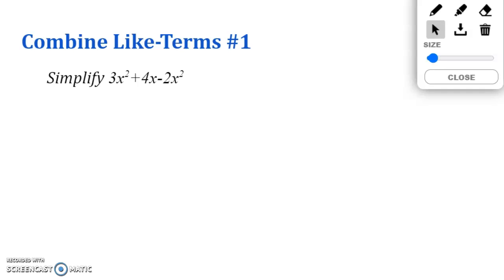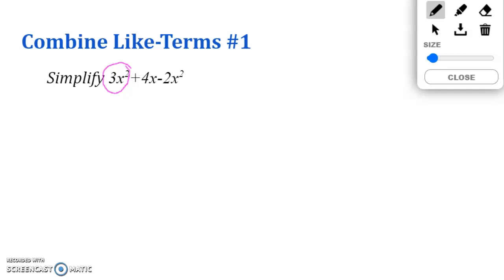Okay, so combining like terms, number one. Simplify. Which are the like terms that we can combine? What I like to do when I see equations like this is to draw circles or shapes. So I can draw, this is 3x squared here,